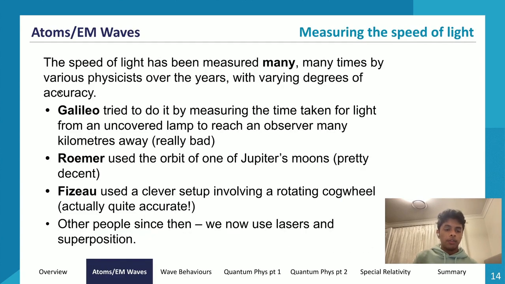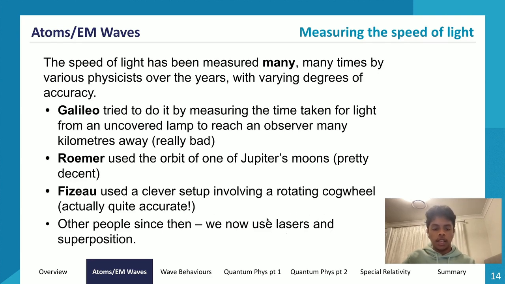The first one that we will learn about is, so these are all historical methods of measuring the speed of light. In terms of the questions that you'll get regarding how people measure the speed of light, there are some calculation questions, but most of the time, the questions, since this is an entire dot point on its own, will be asking you to compare or describe one of these measurements of the speed of light, or maybe compare one historical and one contemporary method of finding the speed of light.